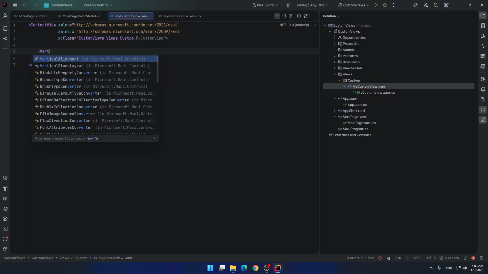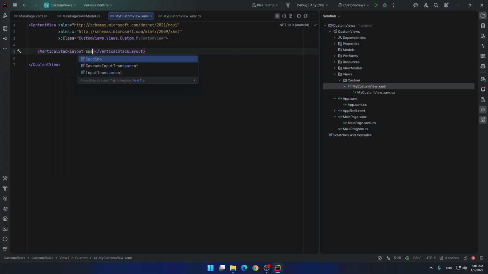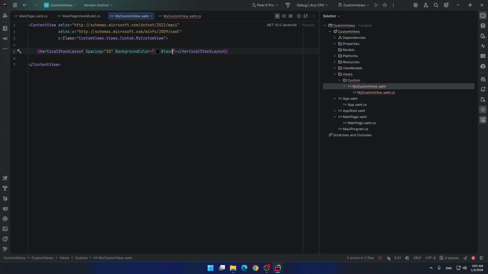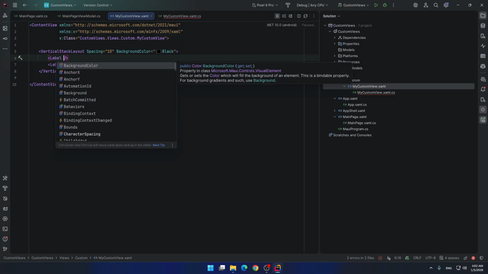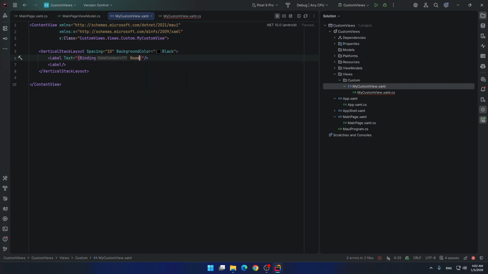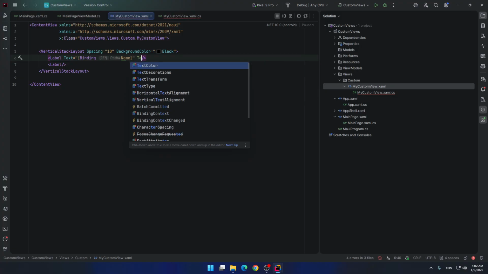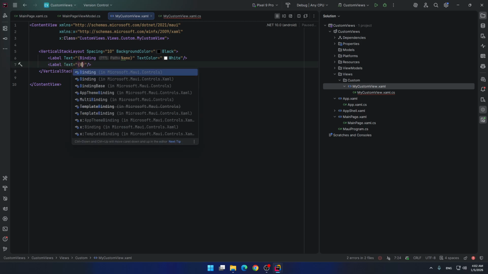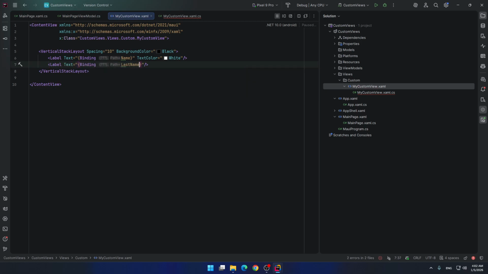You can create vertical stack layout here, give it some spacing, 10 for example, background color black. And let's add two labels for our name and user last name. Let's bind them on name. Give some text color, white, for example, text last name.